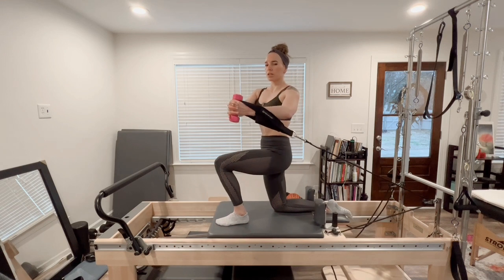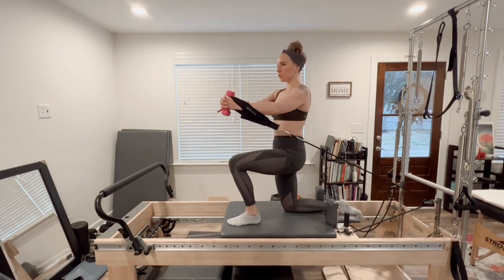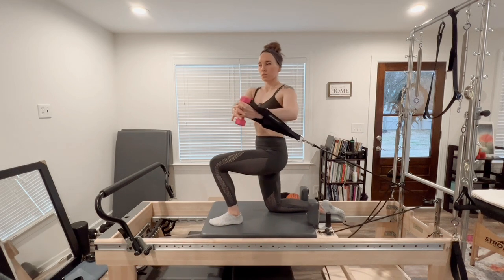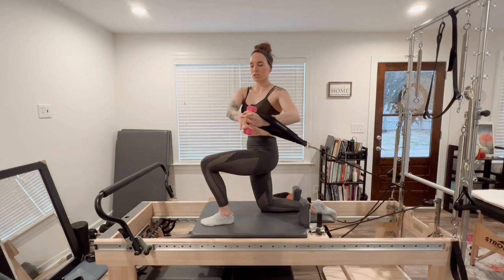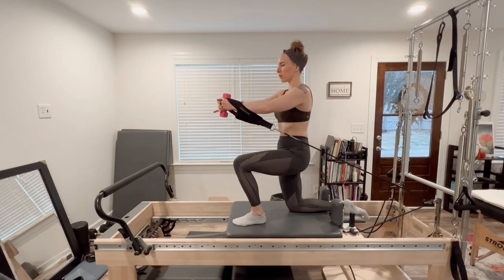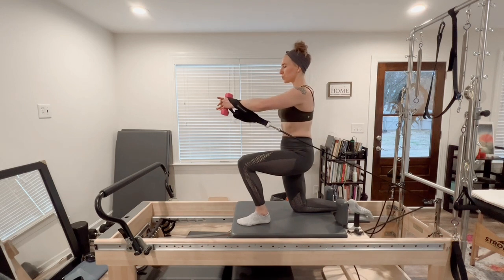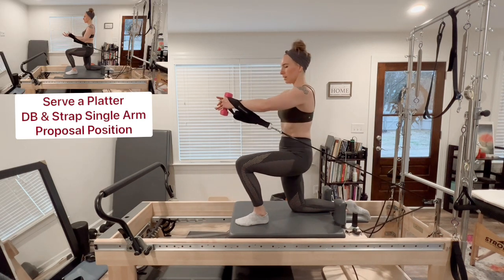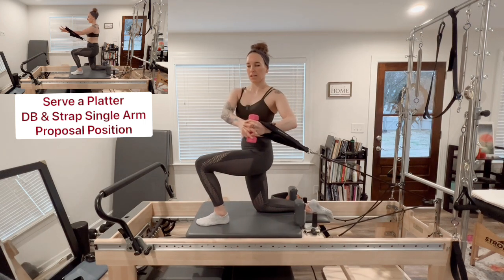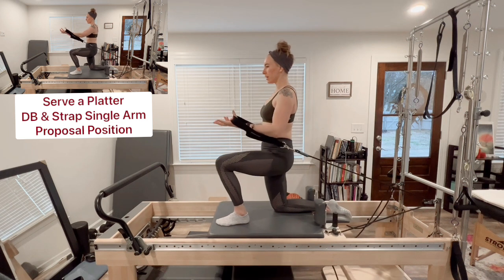So similar to what we did before, similar movements, not all the same. You're pushing down really hard through that right knee and shin. 3 for 3 more. Keep your left hip sinking. 2 more. Awesome. And then after that last one, you're going to take your right hand with the dumbbell and then start